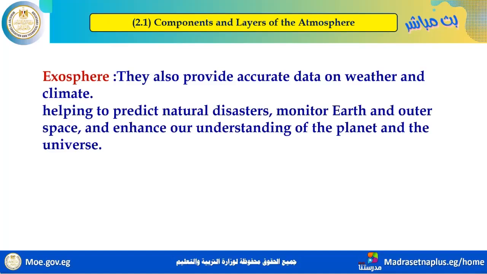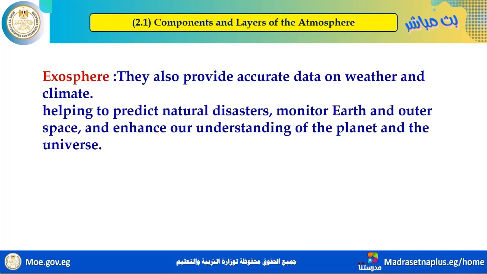Again, satellites help us to predict. You can watch on TV that there are disasters. Maybe Earth finds meteors or meteorites, or there is something like this. We can predict this by satellites in space, in the exosphere, like predicting natural disasters, climate, and monitoring Earth's